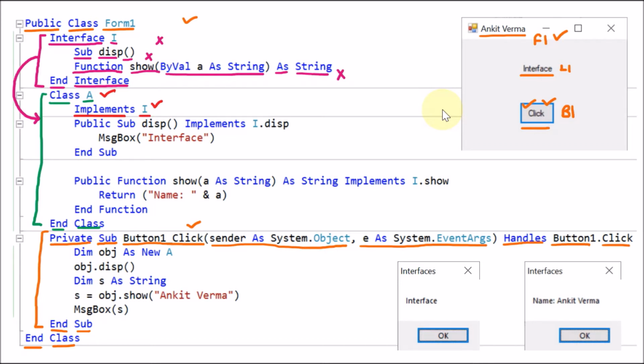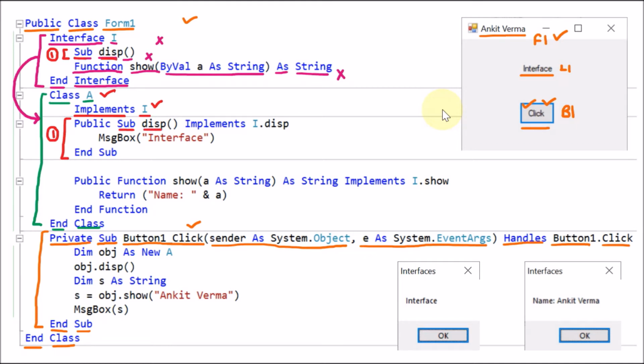So first of all, the first procedure is the sub disp. So this is the first one whose only prototype or the signature is given, but not implementation. So in the class, we have to redefine this and provide the implementation. Here we can see that the same sub disp we have to provide.